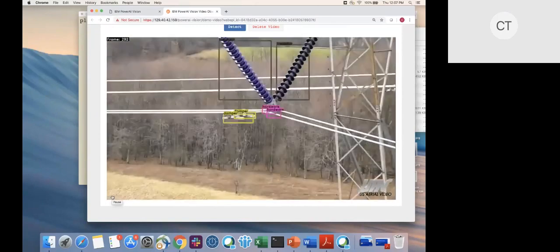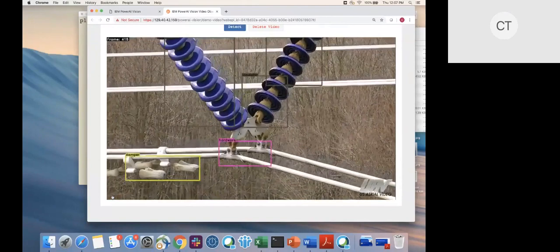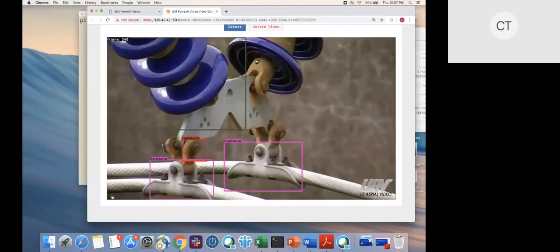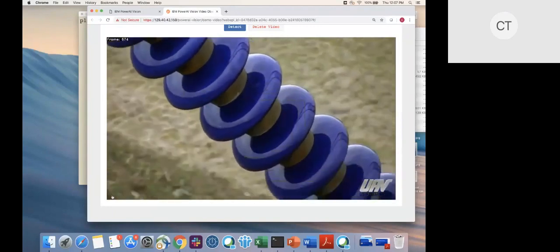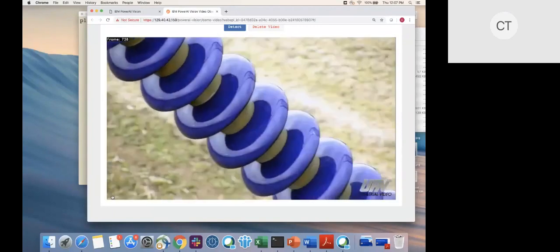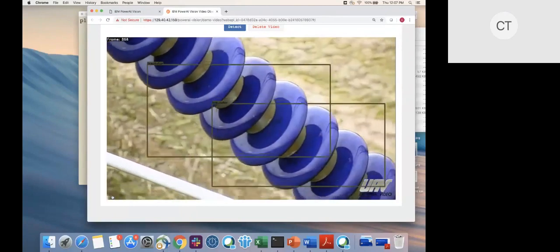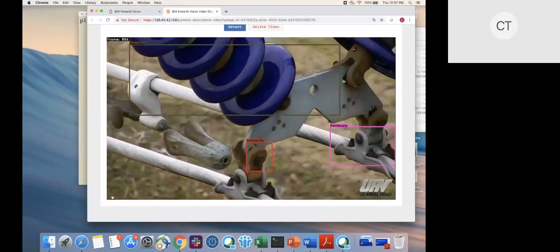So this is basically recognizing the pieces of the transmission tower that I was looking for. In this case, it was a hardware, insulators, and rusty bolts and dampers. So just four objects. And what this does is it takes the images frame by frame and runs it through